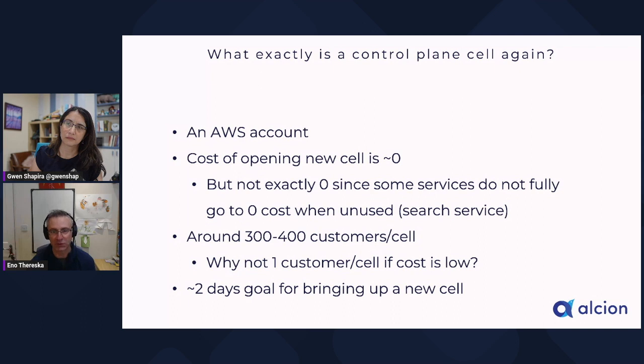Sometimes, depending on the technology used for the actual deployment, CloudFormation or Terraform, that might become the bottleneck in the end, not so much the creation of the cell. Sometimes, when you know the quotas for a cell, a boring bottleneck might also be that you have to ask the cloud provider to give you that quota. Whenever we open the cells, I know we're adjusting some of the quotas because the defaults are not good enough. Just asking for the quota upgrade could take a couple of hours, 24 hours or more.